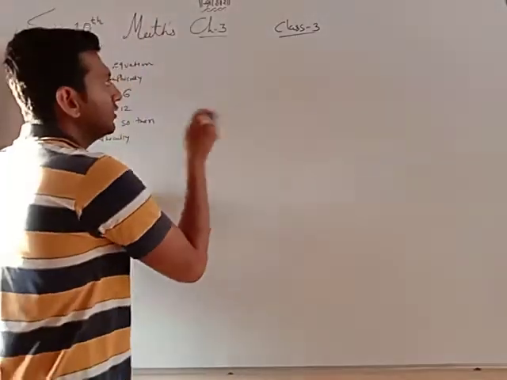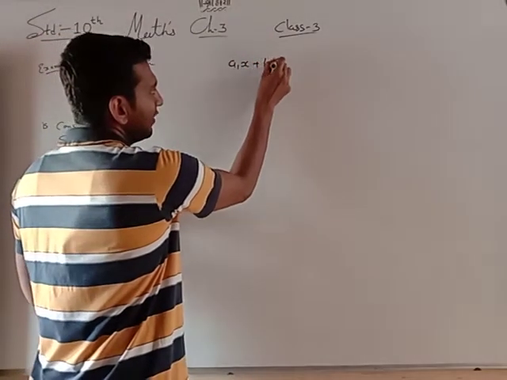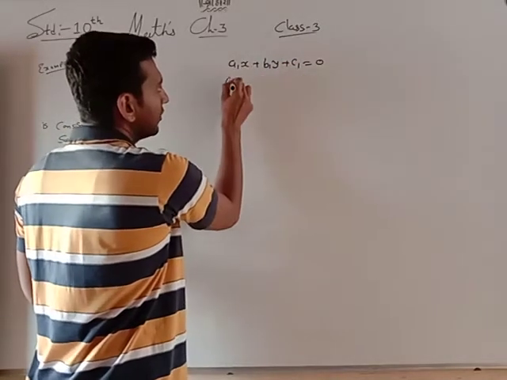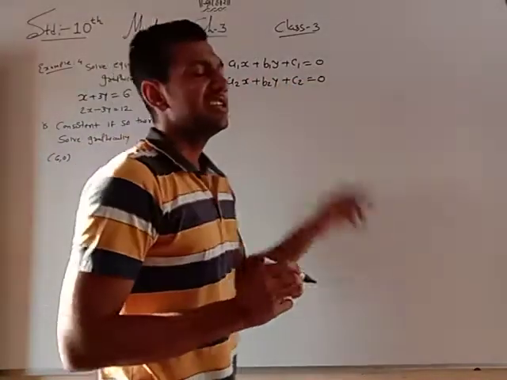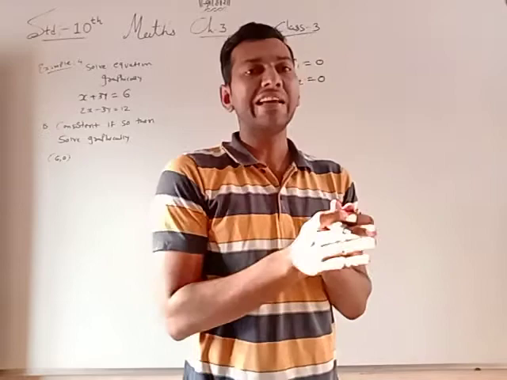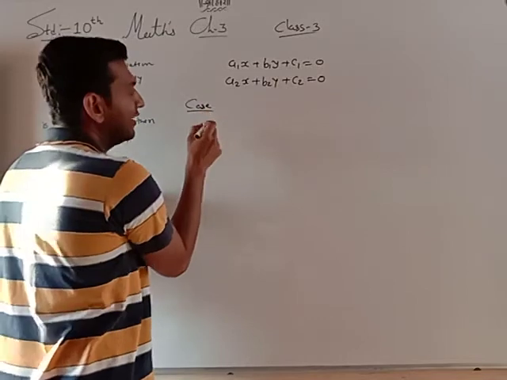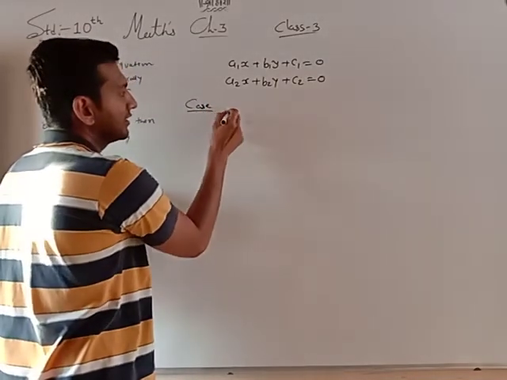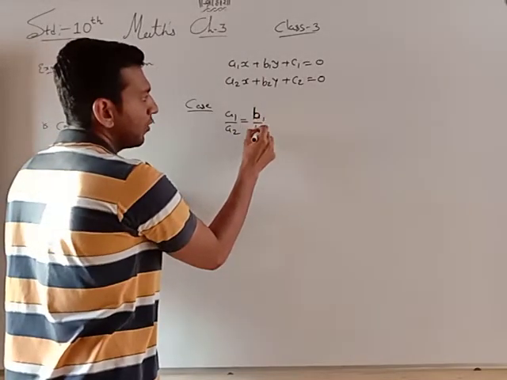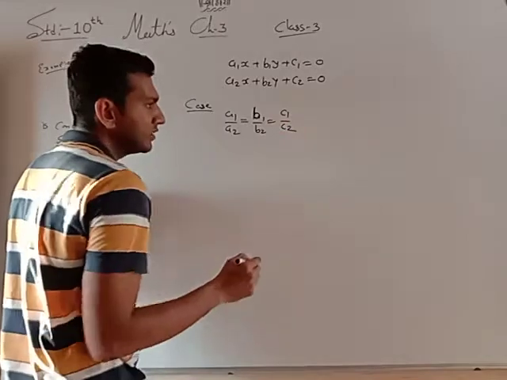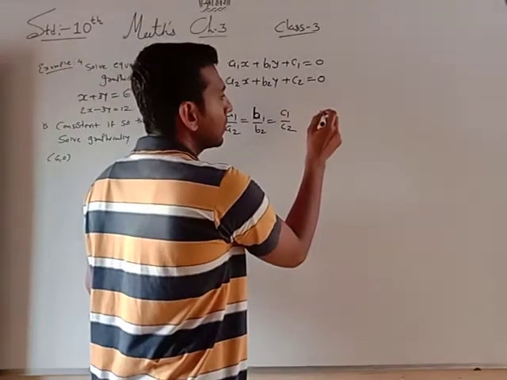Okay, so if the two equations are a1x plus b1y plus c1 is equal to 0, and a2x plus b2y plus c2 is equal to 0, these are a pair of linear equations in two variables. Case 1: if the ratio of coefficients a1 upon a2 is equal to b1 upon b2 is equal to c1 upon c2, in this case the lines are consistent,